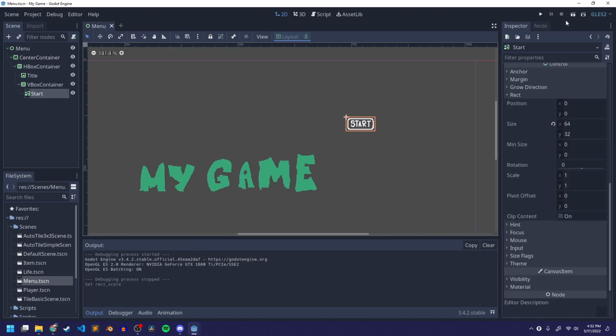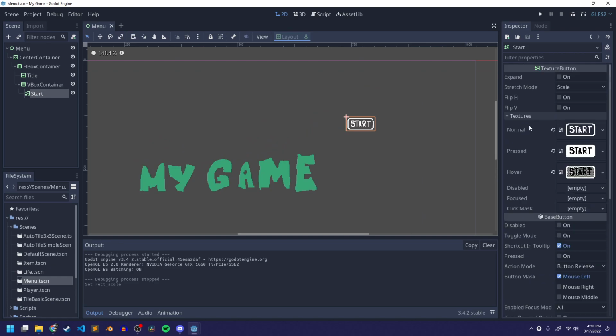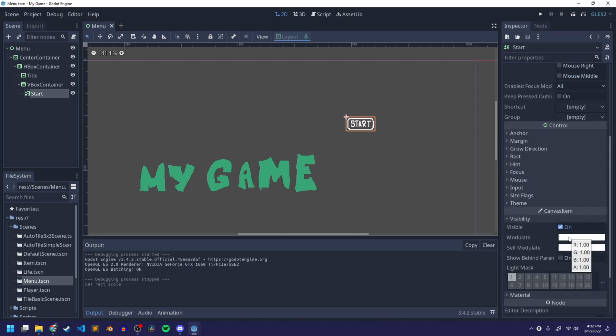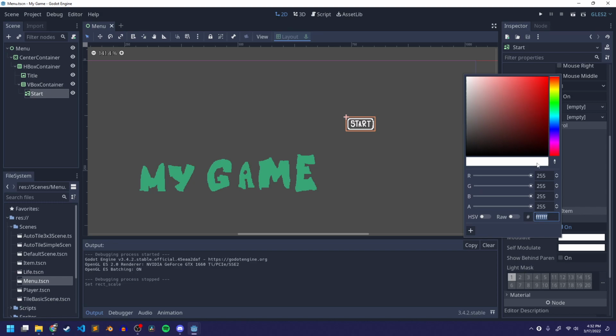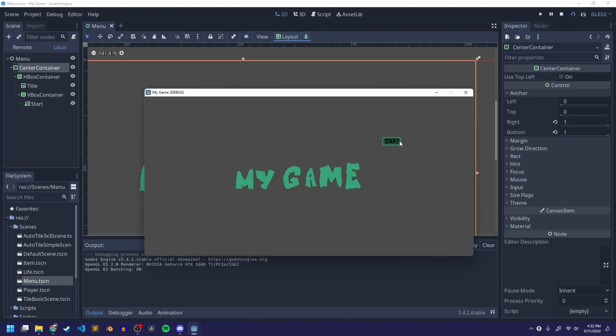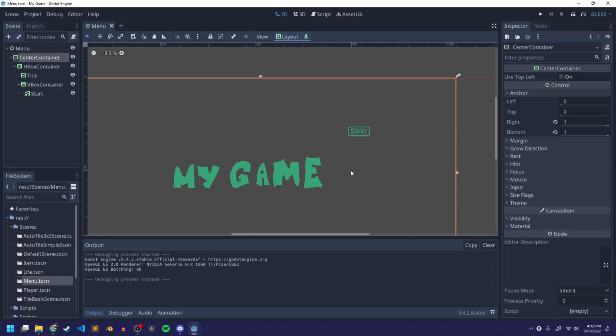And so yeah, the nice thing about the button is I have 3 different images, but if I do the visibility modulate color, it's going to apply it to all the images. So if I want to use the same green color, I can use the color picker here and just click on that green. And now when I preview the scene, all 3 of those images, the white is replaced by that green. So that's why I kind of did that with the UI. It's nice to have that functionality, so I can have different color buttons. All right,